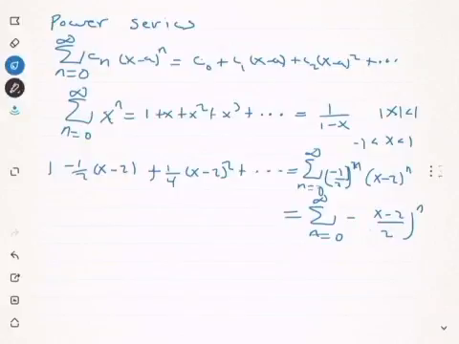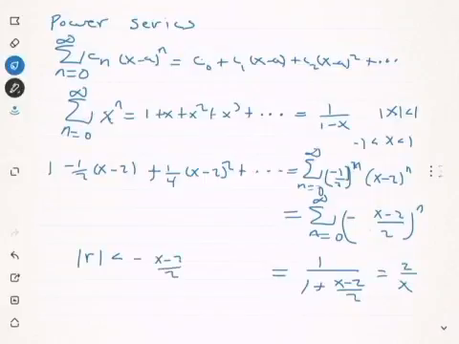inside this parenthesis. Okay, this will converge to 1, which is the first term, divided by 1 plus (x minus 2) divided by 2, which, if you like, can be simplified to 2 over x. In other words, this series converges to this function 2 over x. On what interval? On the interval where the ratio, which is in this case minus (x minus 2) over 2, in absolute value is less than 1,